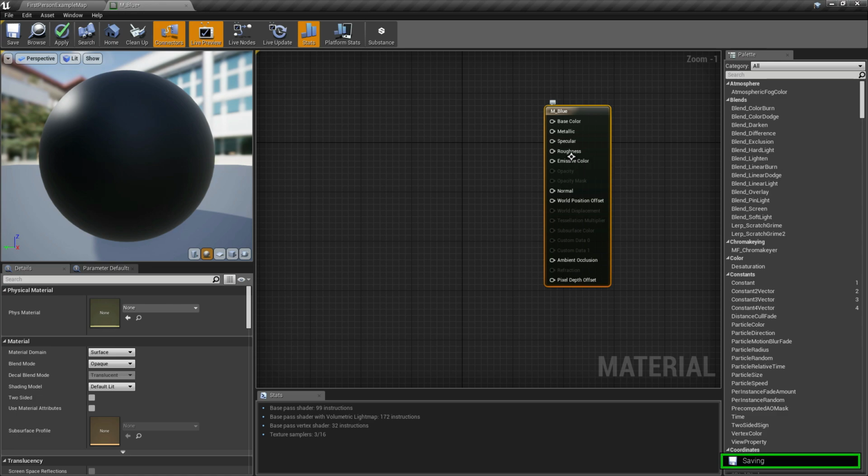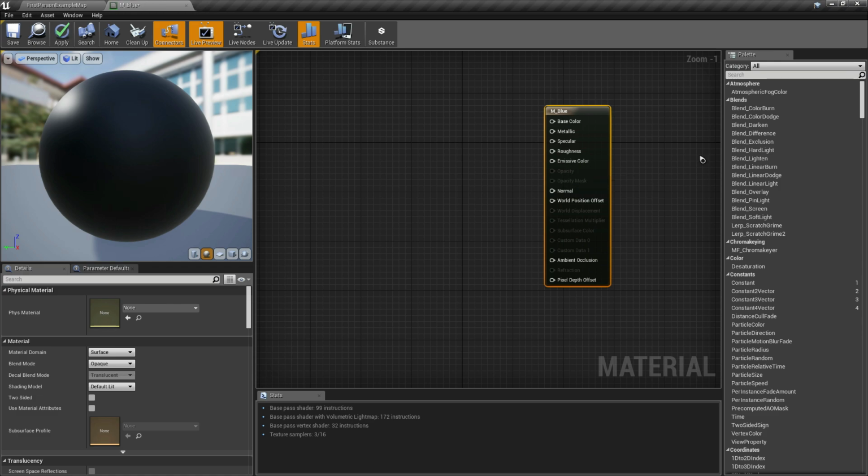And in metallic, we apply 0 for non-metallic, and the maximum is 1 for metallic texture. And we have the emissive color. We use this emissive color to apply emissiveness to make our material glow. So those are the connectors that we're going to use to create basic materials.